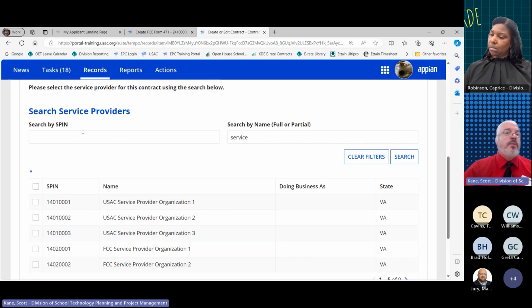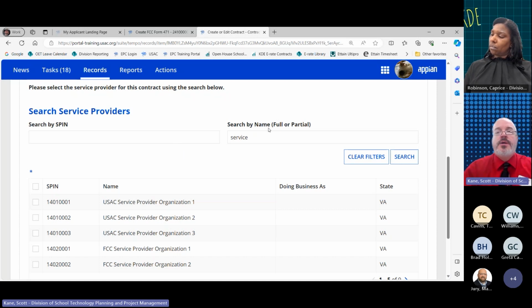All right. So your service provider should be able to provide you with a SPIN. If they can't, you've also got bigger problems, because if they don't have a service provider identification number, they're not eligible under the E-rate program to deliver services and for you to receive funds for that. So definitely, if that's the case, we need to talk. But you can enter the SPIN, and up will come a list of the organizations that match that SPIN.